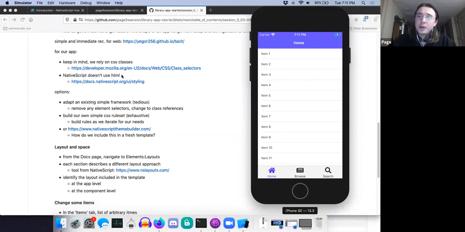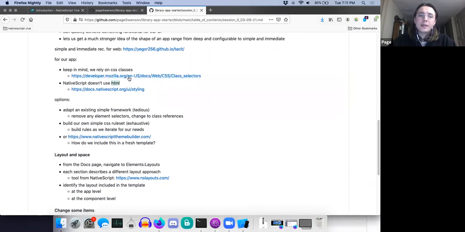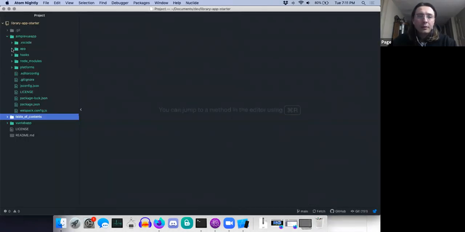What it's not built upon is HTML. HTML is a web technology specifically for adding content to a web page. Nativescript is going to use something different. It's using what's called an XML style document layout. And to finally look at some code, if you've set up this simple Vue app with the template, like I